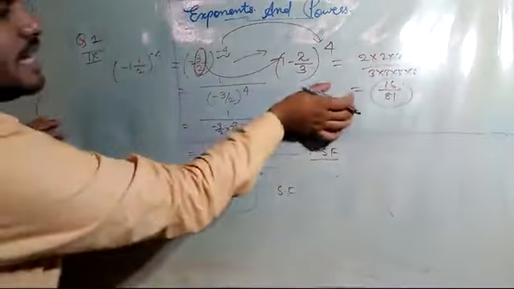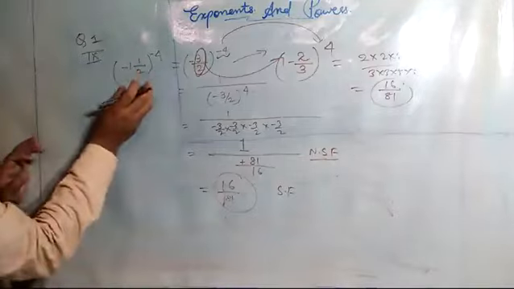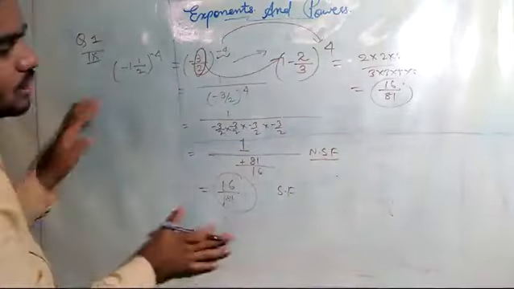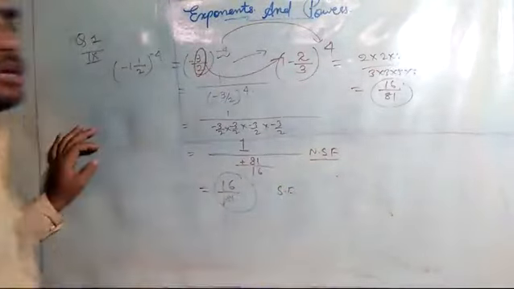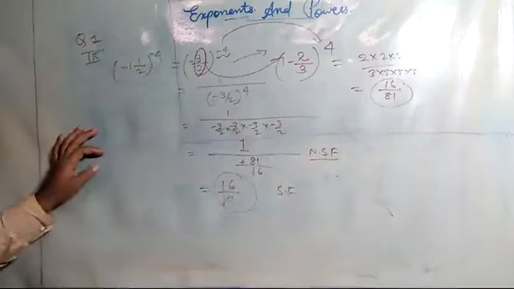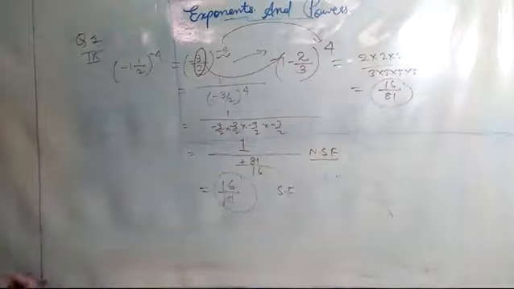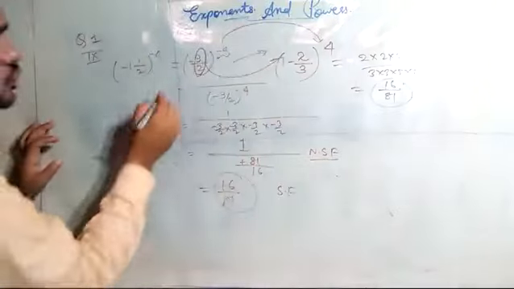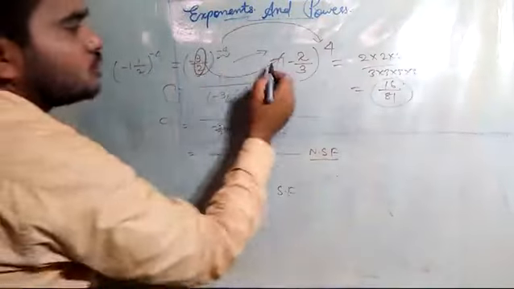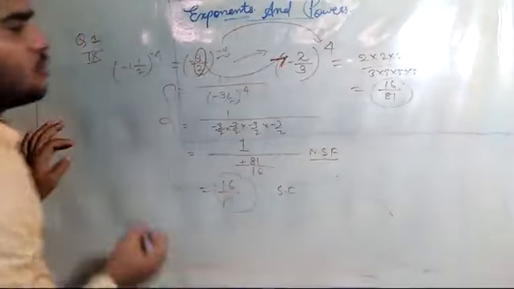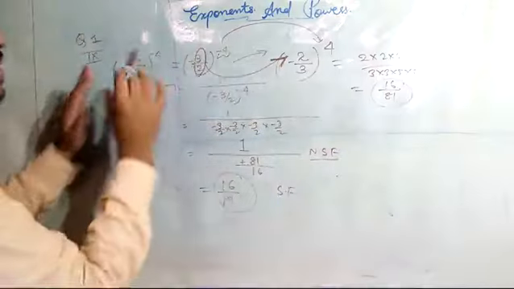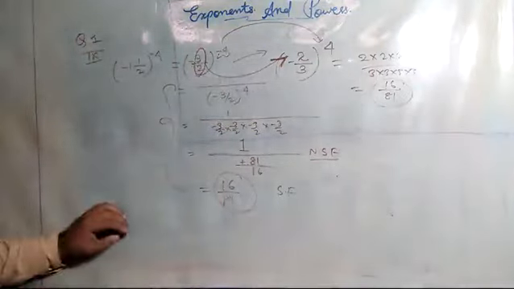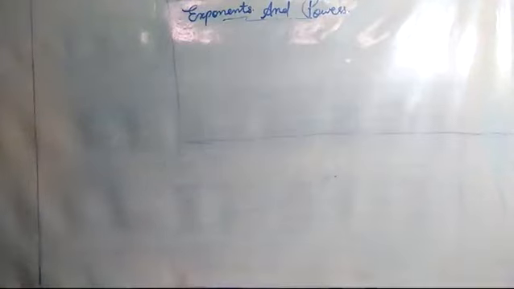Don't you think this is the easiest method? It was only one number, so I wrote it like this and explained it to you. If 2-3 numbers are added, then will it be possible to write all those numbers and get accuracy? It will be a bit tiresome for us. So I just told you to write the number in this form: when you have a negative power, convert it into a positive, and for the base, you just take the reciprocal.